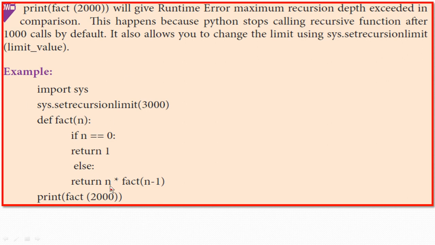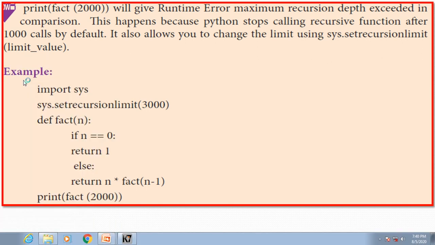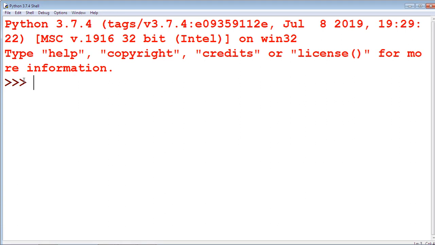Fact of 2000 means return 2000 into fact of 1999, and next step 2000 into 1999 into 1998 and so on. So 2000 calls are there. We are going to see this example using the IDLE window. Fact of 2000 means 2000 factorial. That must bring a huge number.